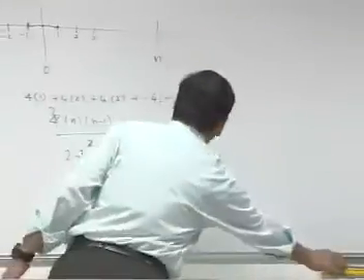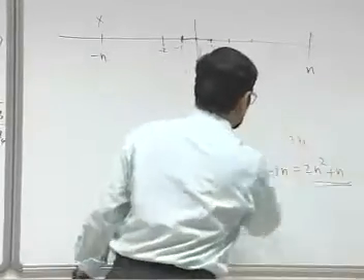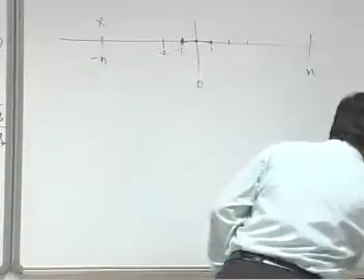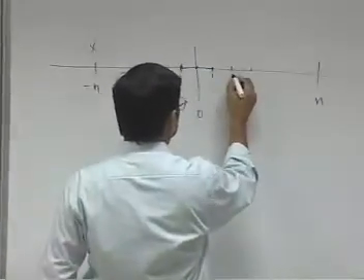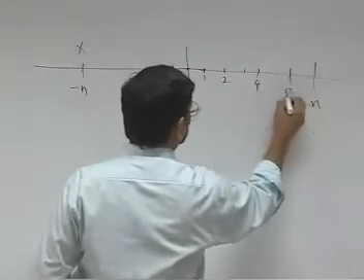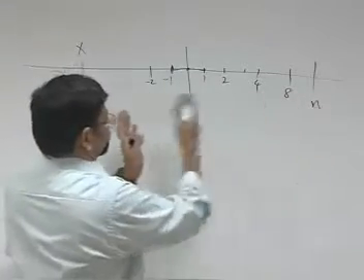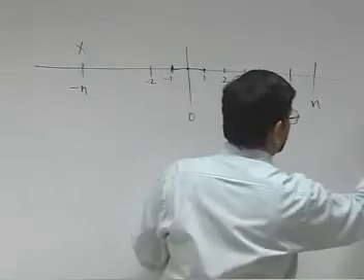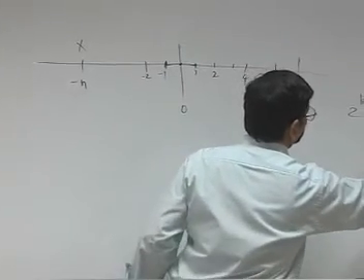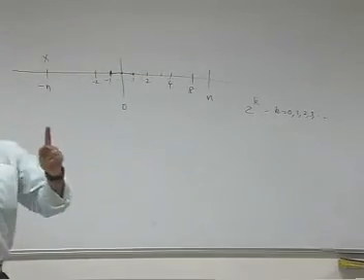Here is a suggestion from somebody: first you go to 1 and come back, then you go to 2 and come back, then you go to 4 and come back, then you go to 8 and come back. This is what the suggestion is. All right. So you take 2 power k, for k equal to 0, 1, 2, 3. This is how it goes, because he is going 1, 2, etc.